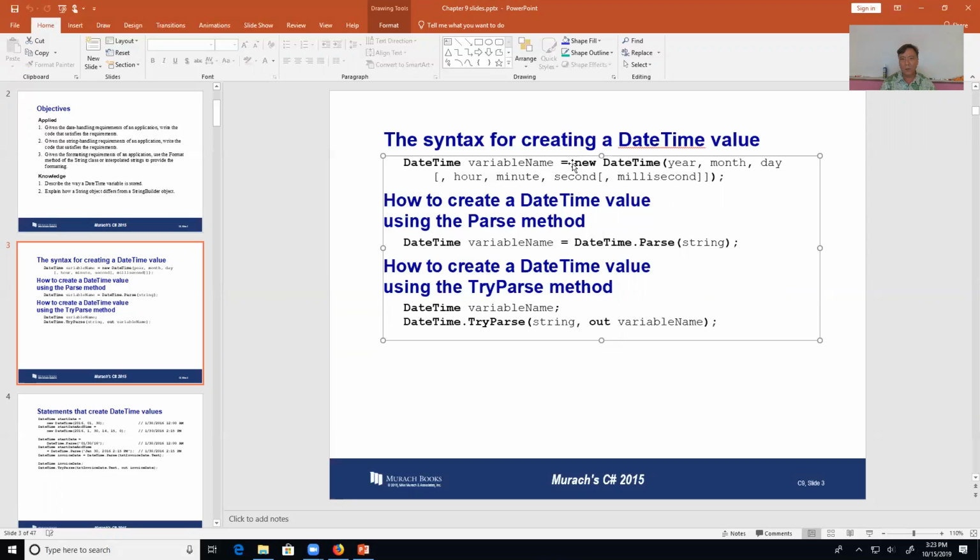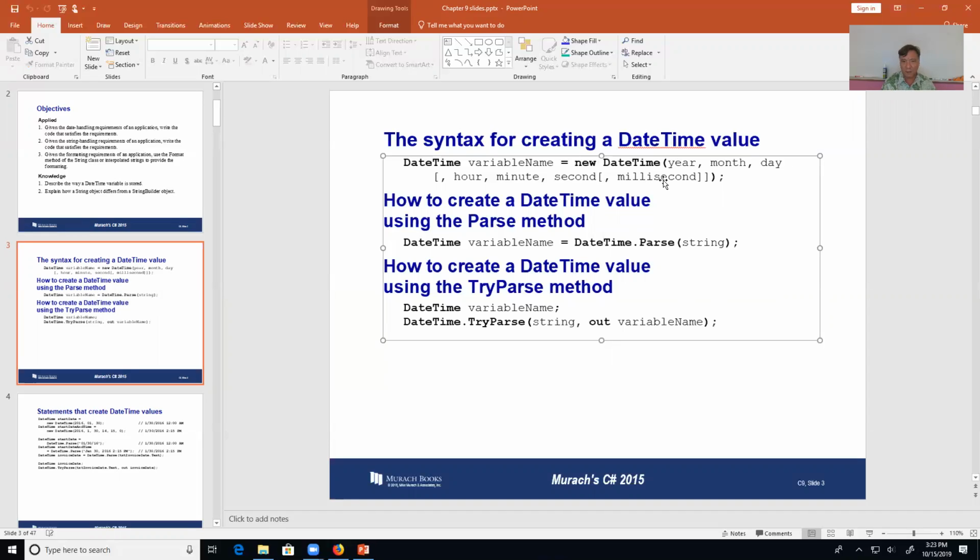So you can instantiate or create a brand new instance of a date by using this new DateTime constructor,